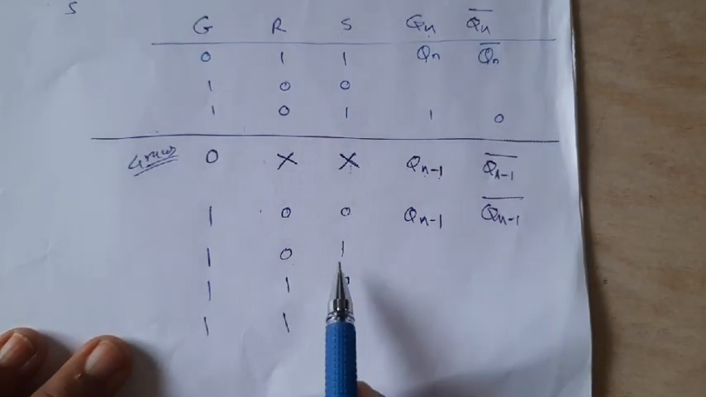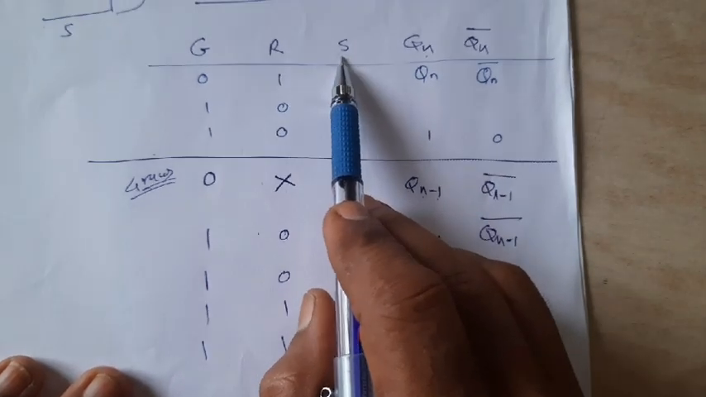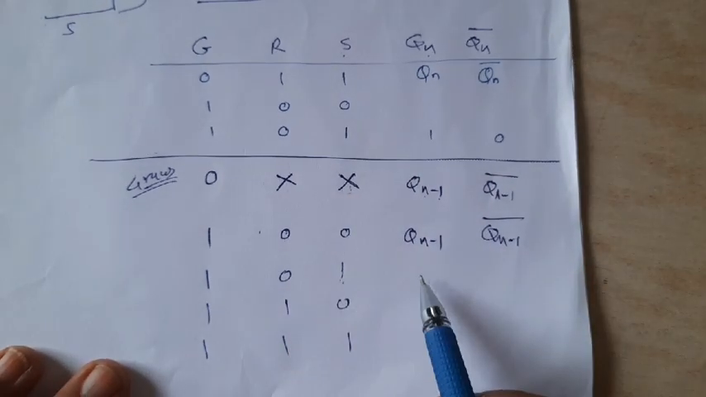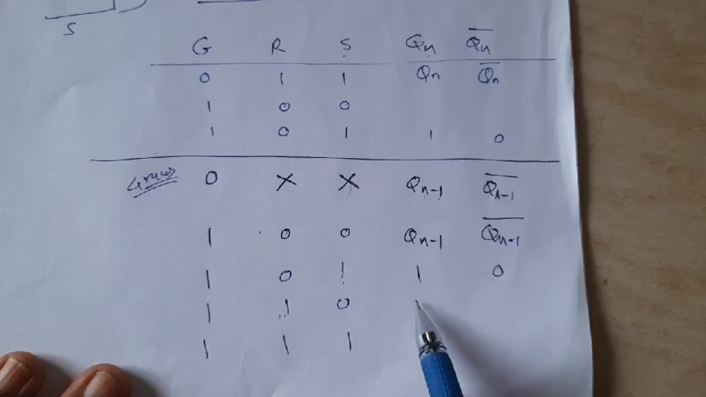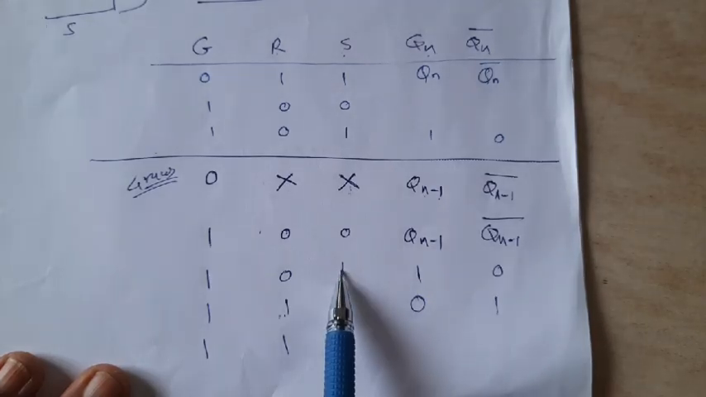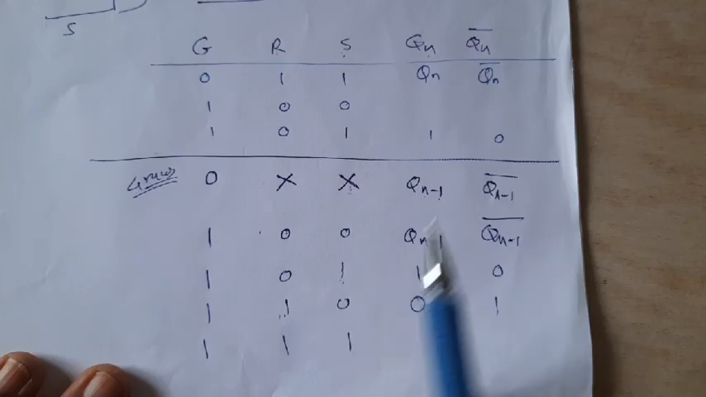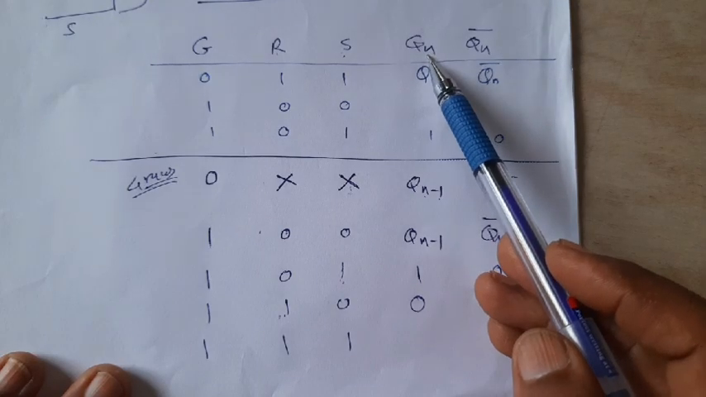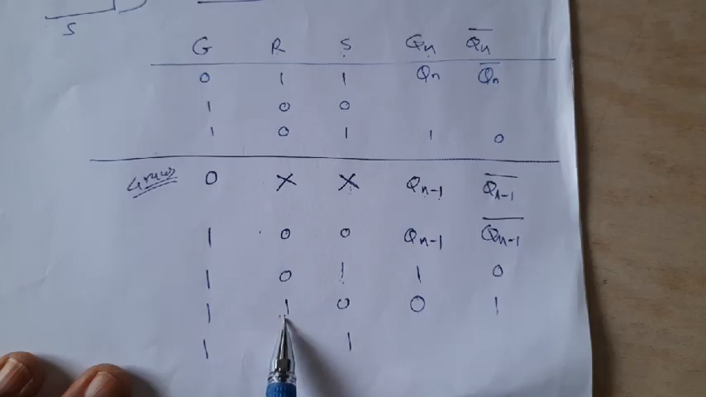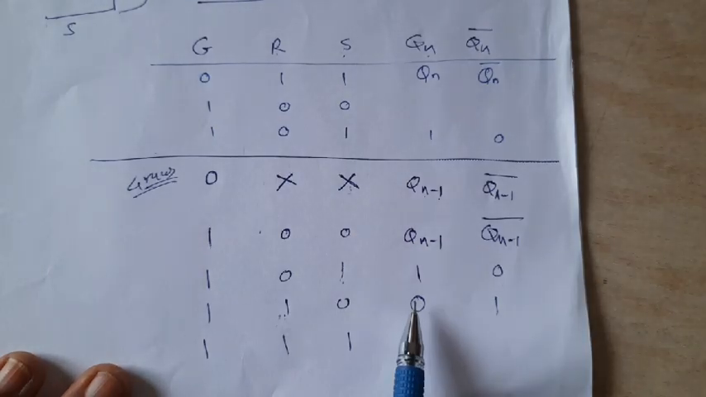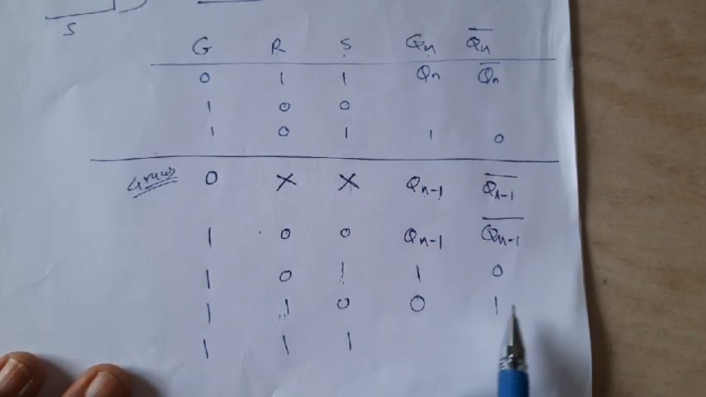If S is equal to 1, then the flip-flop sets. If R is equal to 1, then the flip-flop resets. Check what I am writing. If S is equal to 1, flip-flop sets means the main output Qn becomes 1. Second one is complementary. If R is equal to 1, flip-flop resets, that means Qn becomes 0 and Qn bar